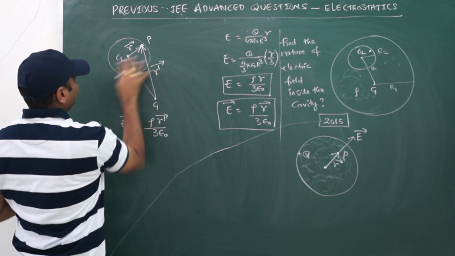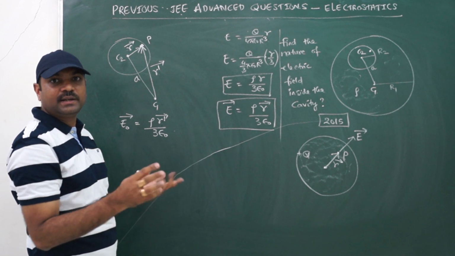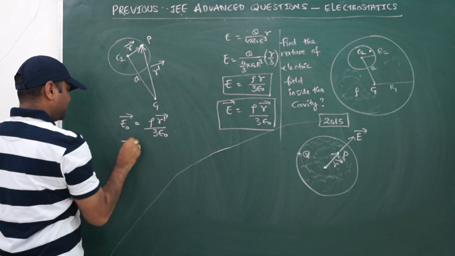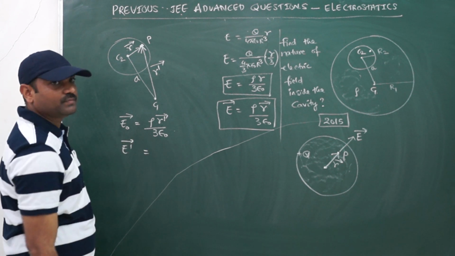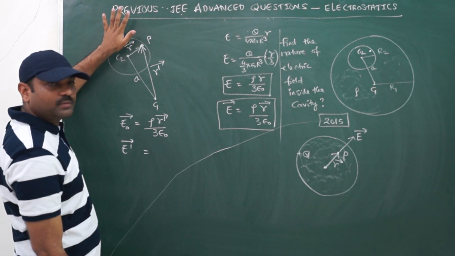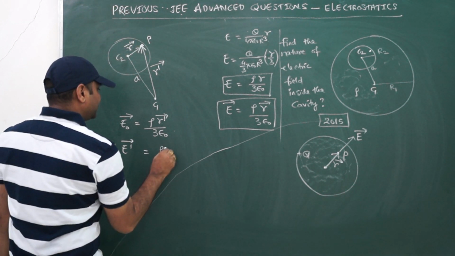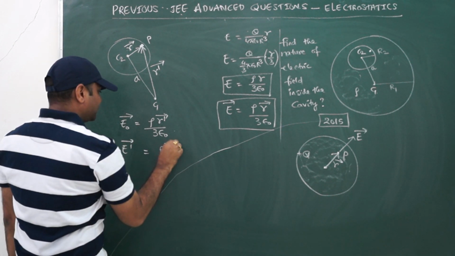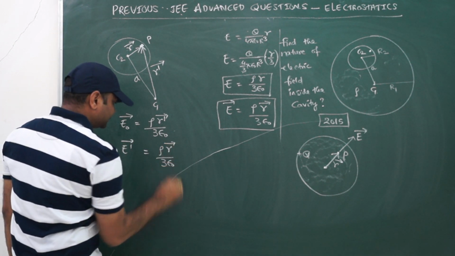Now if I am taking only the cavity part, forget about the remaining part. Only the cavity is filled with some material and the density is rho. Then what is the field it will give at point P? What is the field value present at point P because of this cavity, the removed part? That point is also inside the sphere, so I can write rho into R bar by 3 epsilon naught.